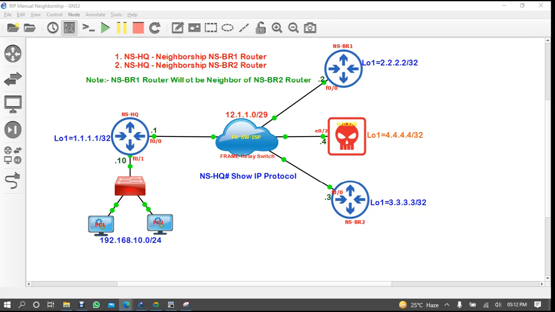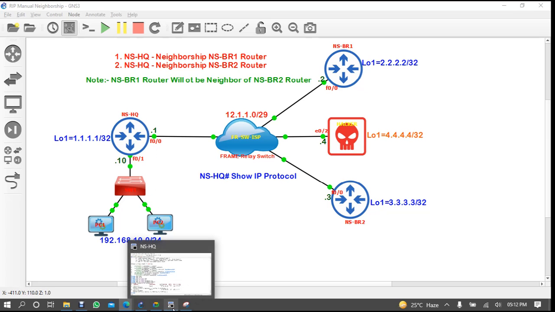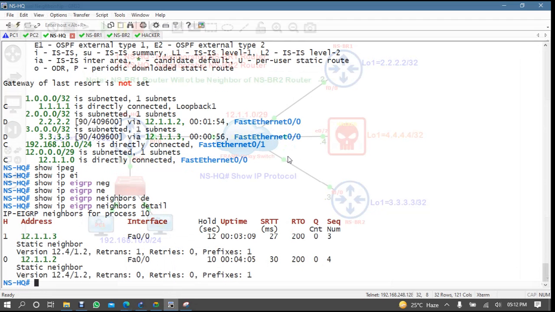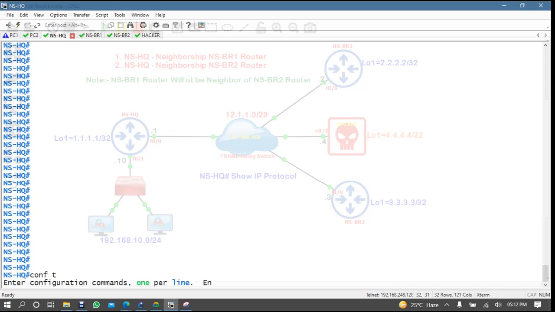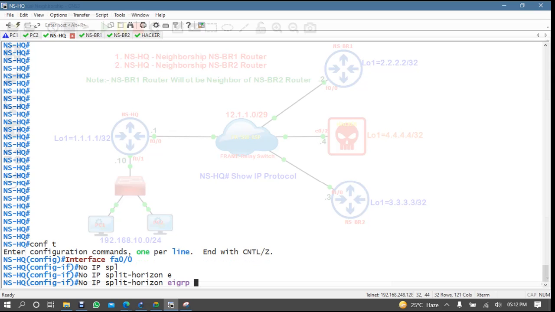You have to simply come to your headquarter router. Very simple command. Conf t, interface fa0/0, which is connected to the internet, the interface which is creating problem, and you have to type here no IP split horizon EIGRP 10.